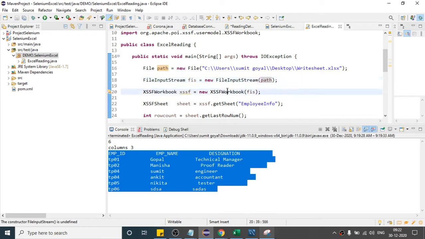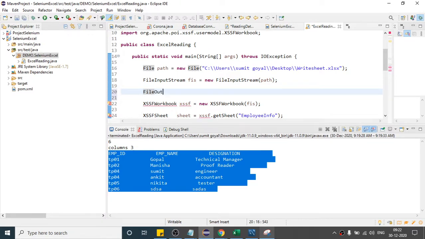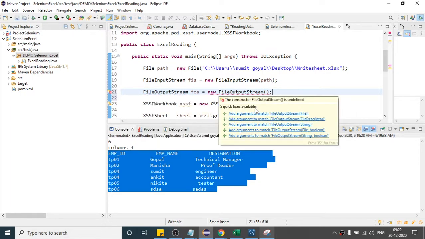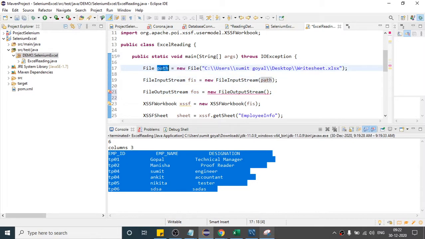As we now have to work with output, with writing the Excel, there is one more class for writing. You have to import and create the object of the other class, FileOutputStream. This is our second class which we have to create if you want to write some data. For reading, the first will do the work. For writing some data you have to use this, otherwise you cannot do it. Here as well, import the package, and pass this path as well, so that it will know where this file is located, and then it will